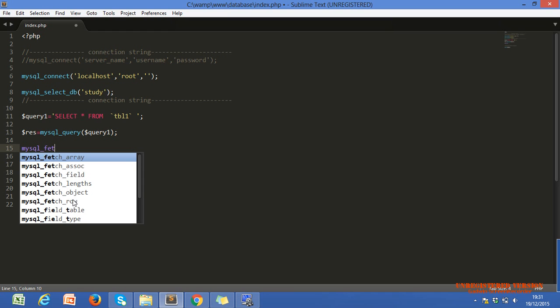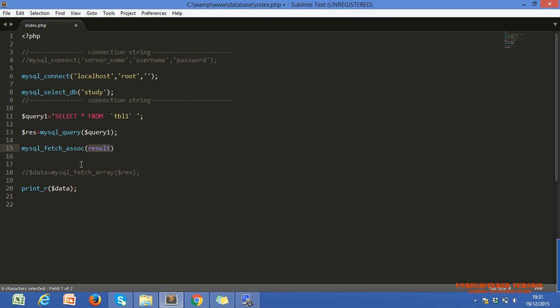These are the four important functions to fetch data from our database. We use fetch array, and we can use fetch associative array also. ASSOC stands for associative. We discussed the associative array, right, Nazar?